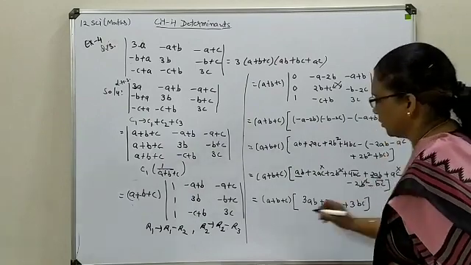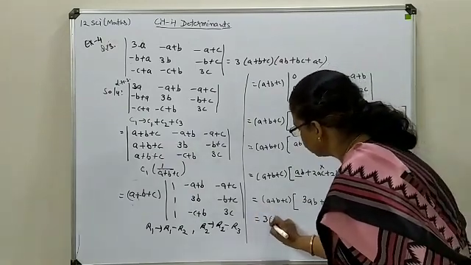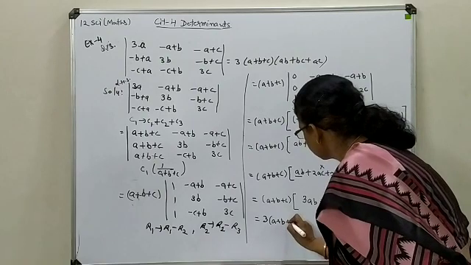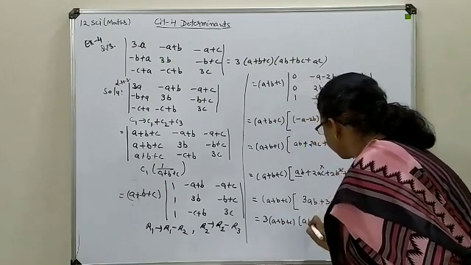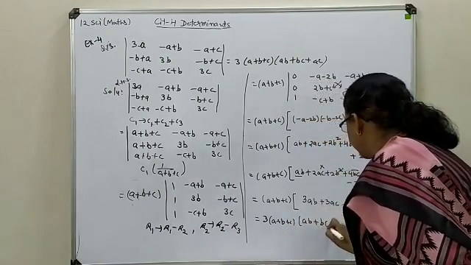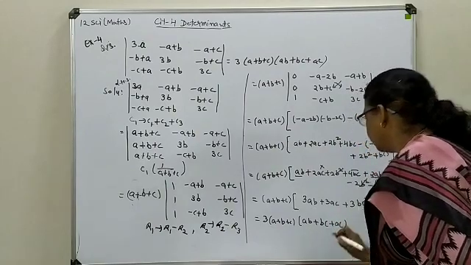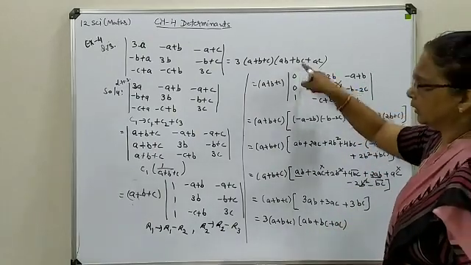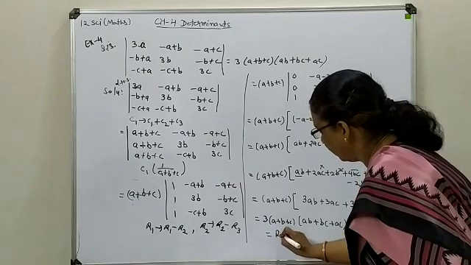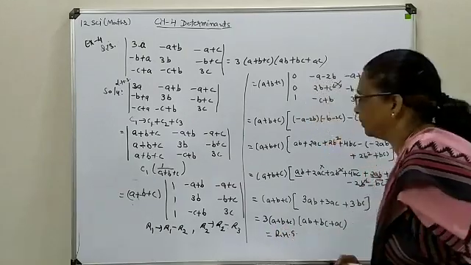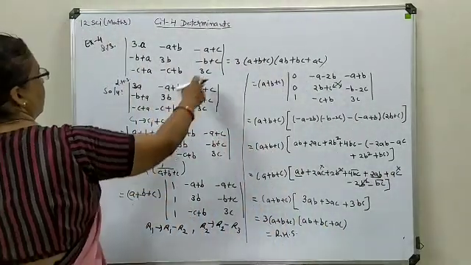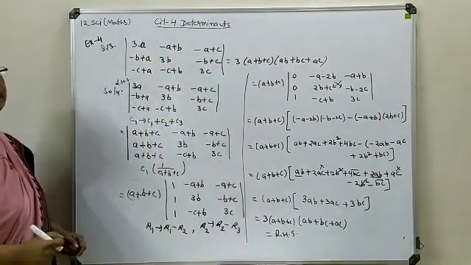From this whole combination, 3 we can take common. So this is AB, BC, write in a cyclic order. So this is the required form on the right hand side. This is also one of the important questions from examination point of view, because these are different combinations we are having in a question.